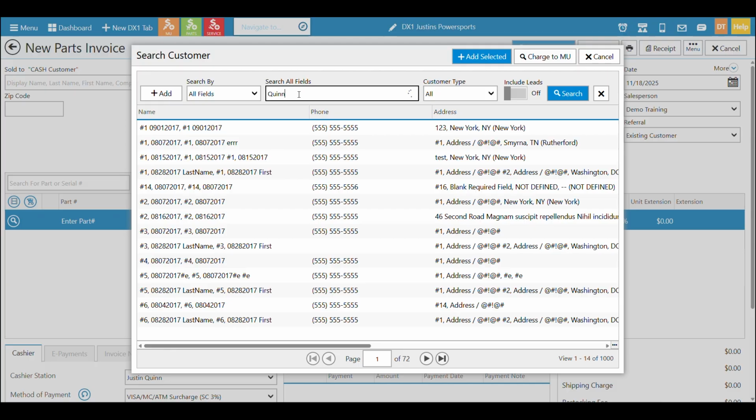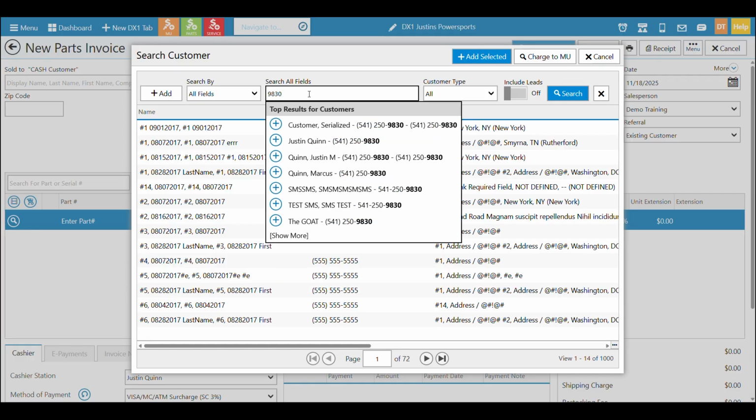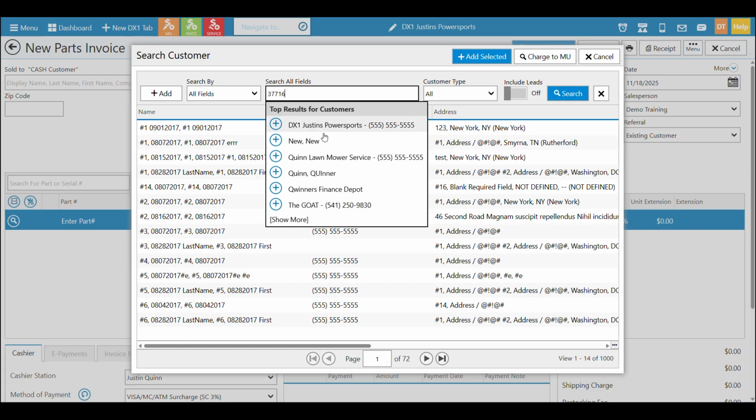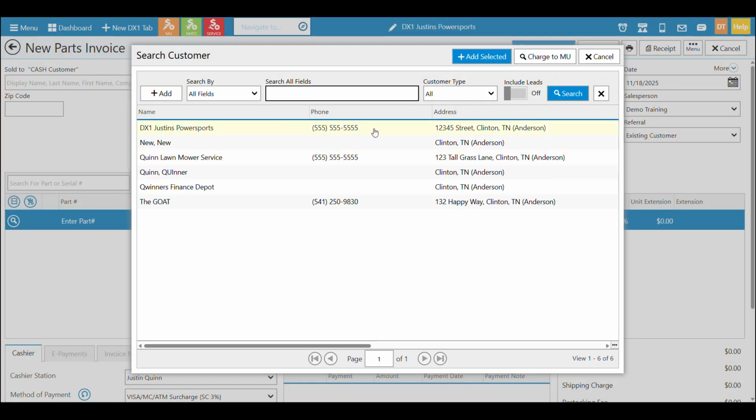So if I want to look for a customer, I can type a name. Again, I can see results here. I could have searched by a phone number, which I'm doing right here. Again, I could have done it by email or a zip code, and I'm going to have different results. If I'd like to see more details to look into the customer record before I add it to an invoice, I can click show more and it's going to show the details a bit more expanded.